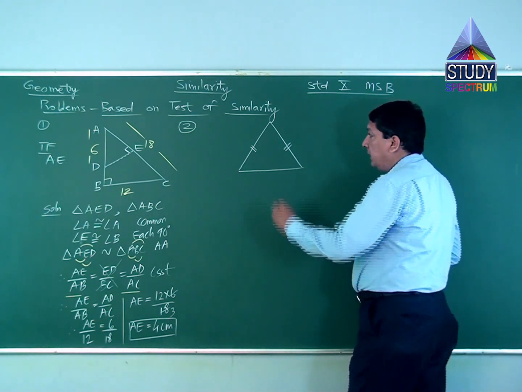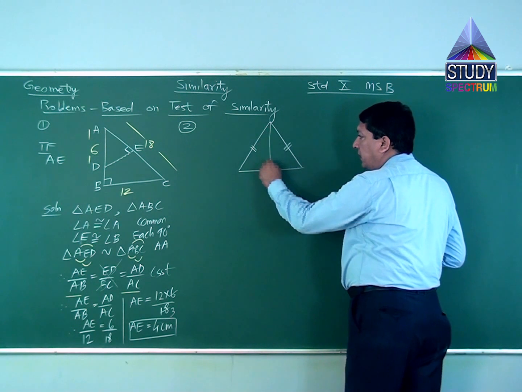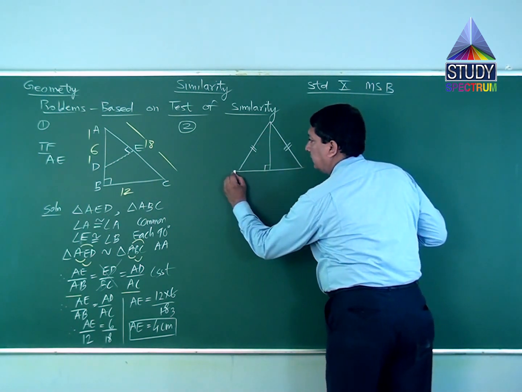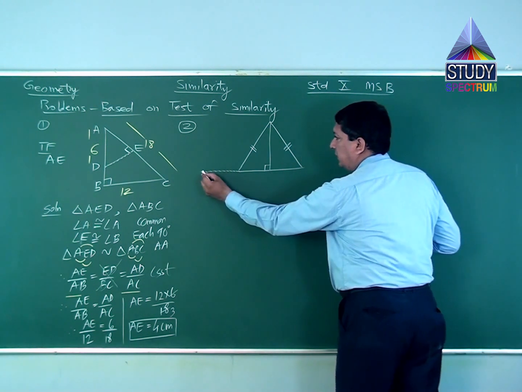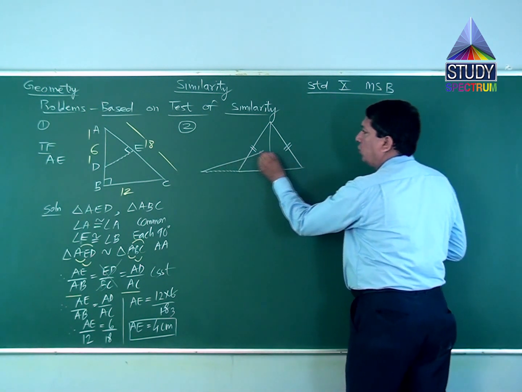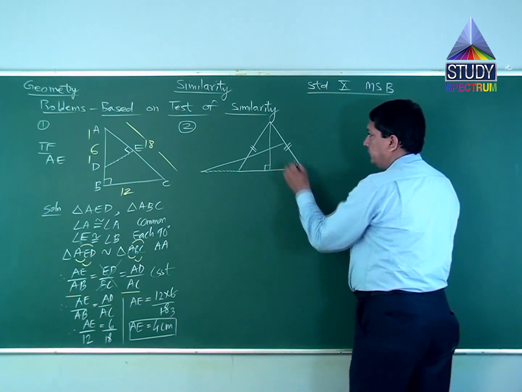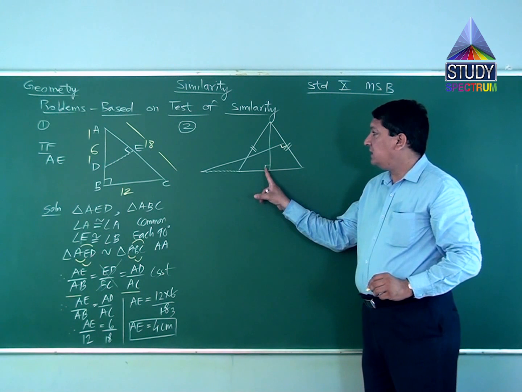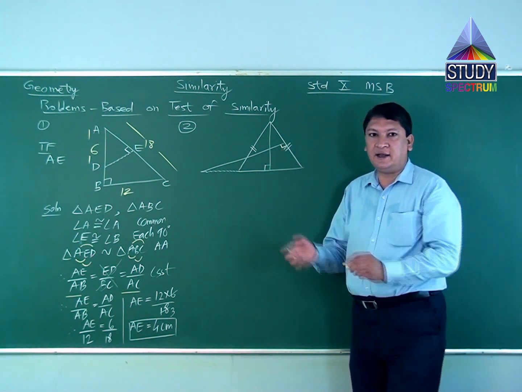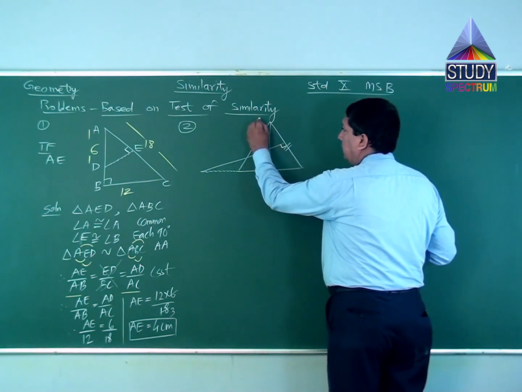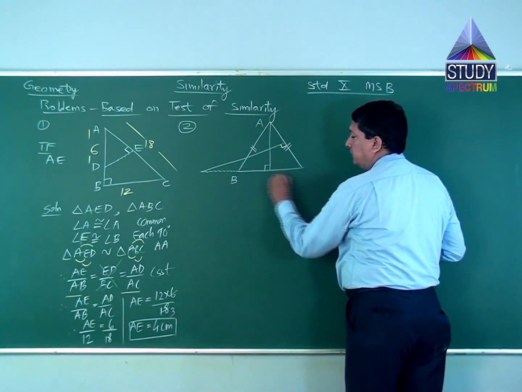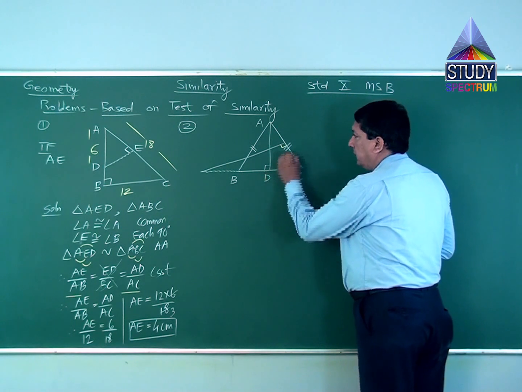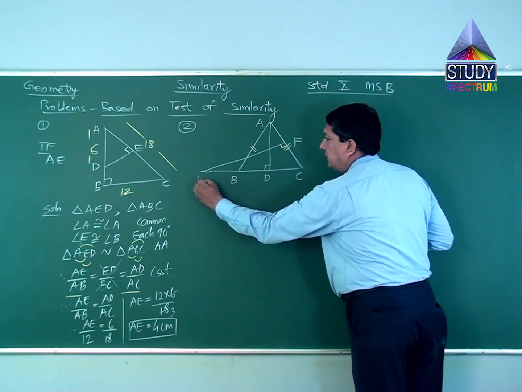After this, from here, I am drawing one perpendicular. I am extending this side, and from here, again there is one more perpendicular drawn to this side. So if you notice, this angle is 90, this angle is also 90 degree. And I'll name this triangle ABC. The perpendicular drawn is D. This point is F, this point is E.